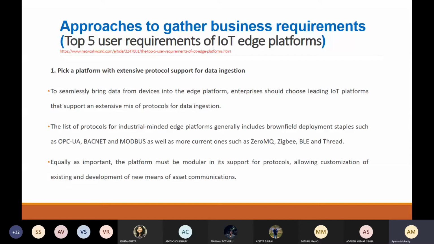So to seamlessly bring data from the devices into the edge platform, you should choose a leading IoT platform. Because you will be needing the data in your edge platform, you should select a proper, standard IoT platform that will support an extensive mix of protocols for data ingestion. Data ingestion means you will be ingesting the data into your edge platform. So any data available in your devices should be ingested into your platform, and for that